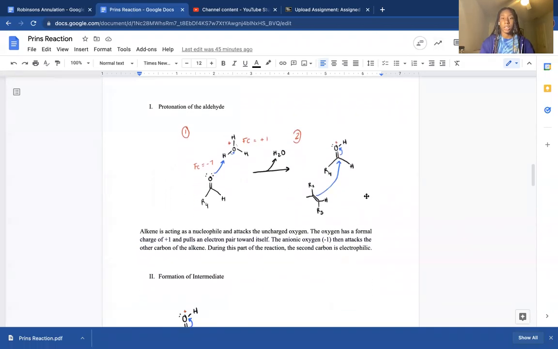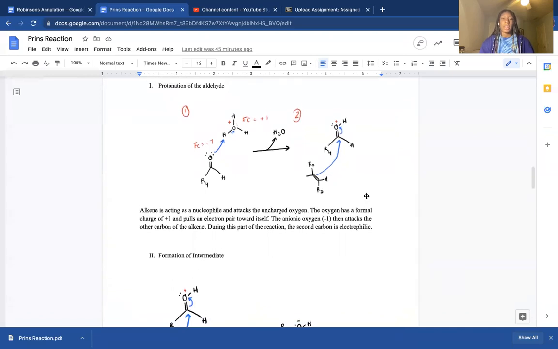So step one is the protonation of the aldehyde. The alkene, which is this one right here, is reacting as a nucleophile and is attacking the uncharged oxygen. The oxygen has a formal charge of +1 and pulls the electron pair towards itself. The -1 charge then attacks the other carbon and becomes part of the reaction, and the second carbon is now the electrophile. So here we have the nucleophile with a -1 formal charge, and here we have the electrophile with a +1